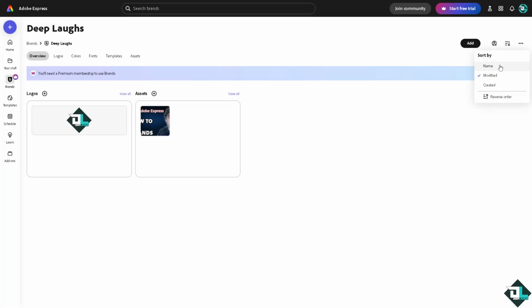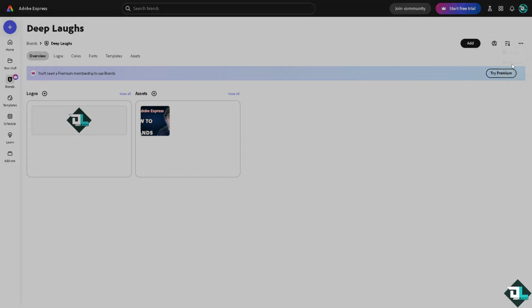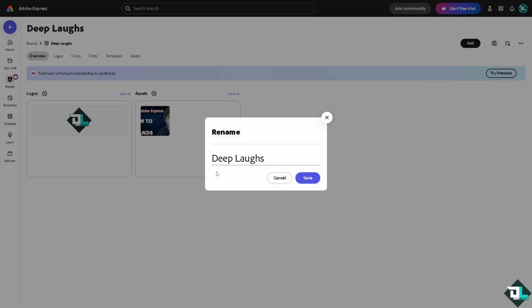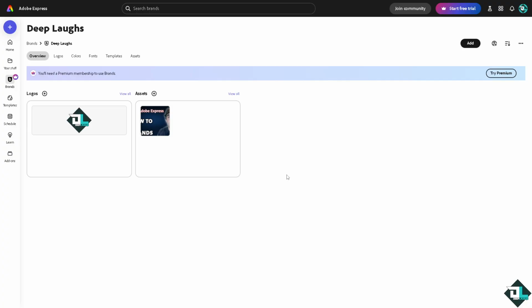You can sort by the name, modified and created, or the reverse order. And again, you can rename this, the brand name, to whatever you wanted. But we're going to cancel that. You see the add button. Again, this is if you want to add another logo, color palette, color swatch, font, template, and asset. Because if you prefer this way, not here, you can do that as well. So we're going to use the brand here